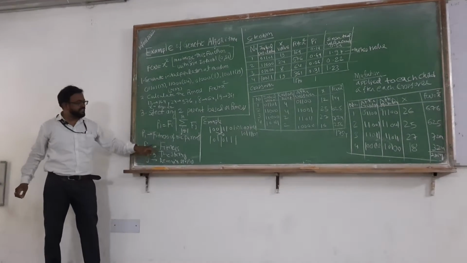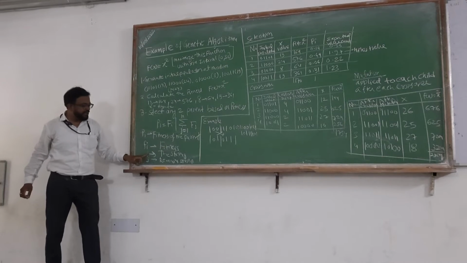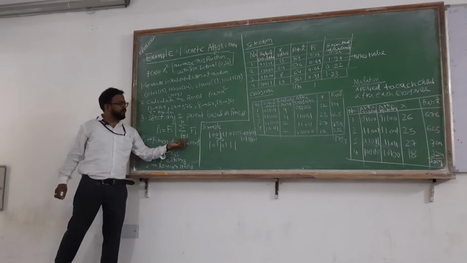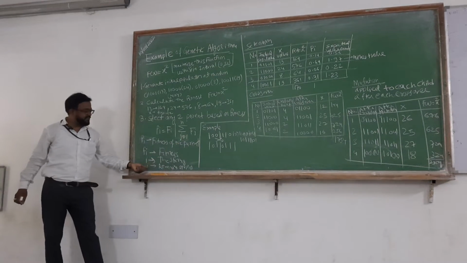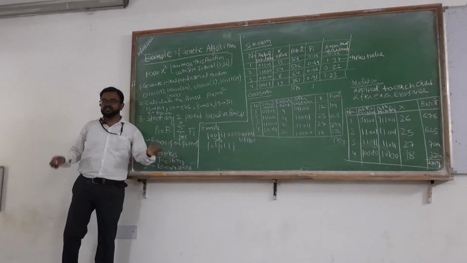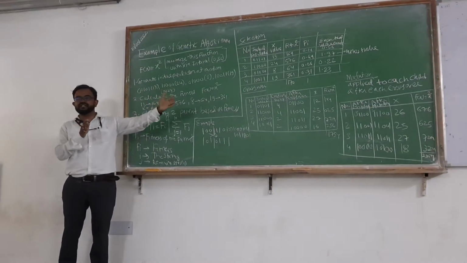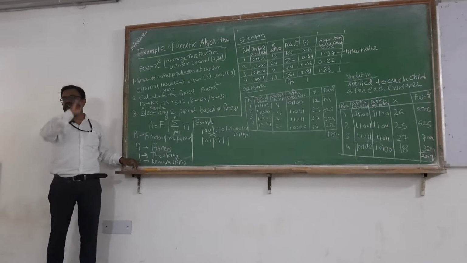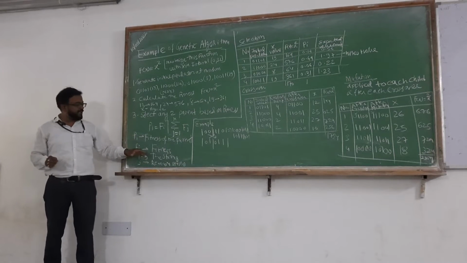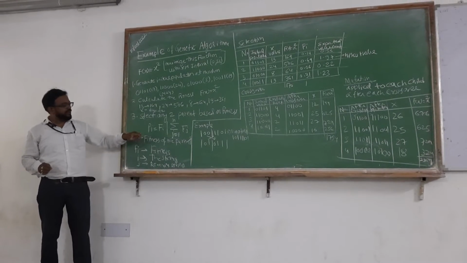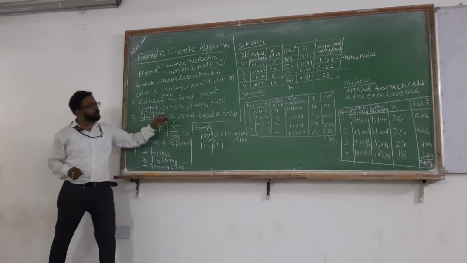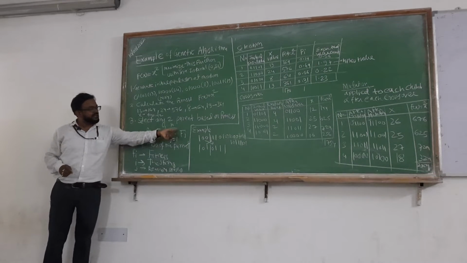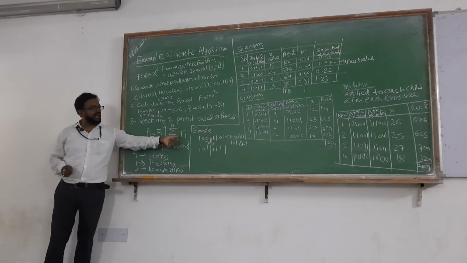This Pi is the fitness of the parent. Fi is the fitness with respect to i, one of the strings, and the summation of j is equal to 1 to n, where j means the remaining strings. Suppose i is equal to 1, 2, 3, 4, 5, 6 is there. Suppose we have selected i is equal to 1, then j is equal to 2, 3, 4, 5, 6, 7, 8 till 32. Similarly, here Fi is the selection criteria. Select any 2 parents based on the fitness, which is Pi is equal to Fi divided by the summation of j is equal to 1 to n of Fj.